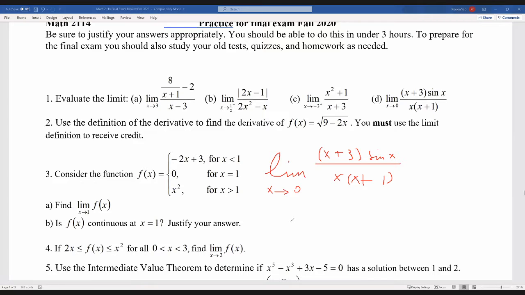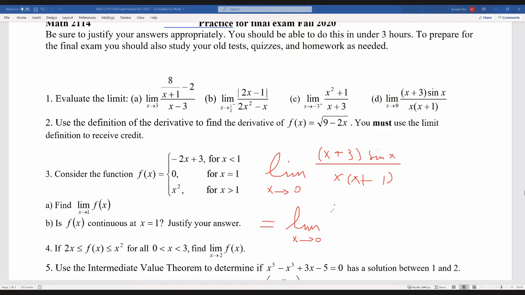Okay, how can we find this limit? Here you have to use the property of limit. The limit of a product equals the product of the limits, right? So you have to use the property of limit. Don't forget that, okay? So we can write this as the limit as x goes to 0 of